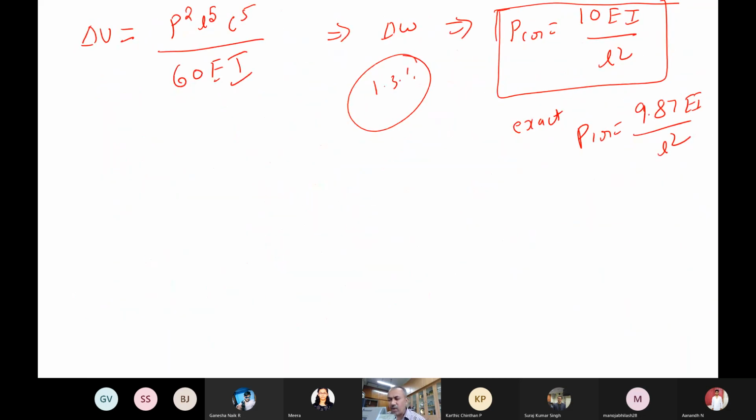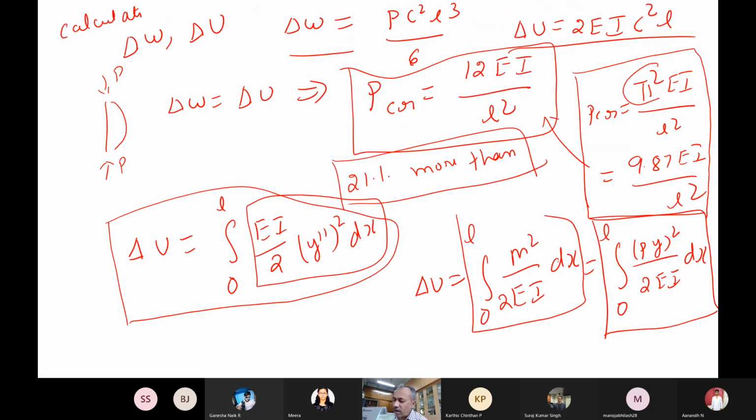You have to keep it in your mind. So energy methods give rise to many things. Of course, this is one way, and there is another way. In this problem, we are not interested in bending moment or shear force and other things. We are interested only in the buckling load calculation. If you are interested only in the buckling load, maybe you can use the quadratic itself. You may get an accurate result, but how you write your equations becomes a very important thing. So just keep this in your mind.